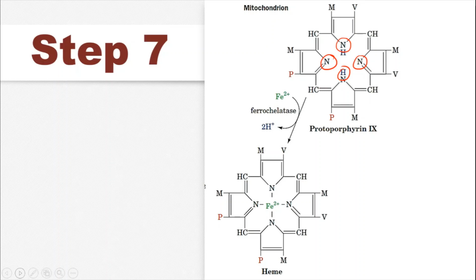But here again concentrate. The name of the enzyme is ferrochelatase. That means it chelates the iron with the protoporphyrin 9. Another name of this enzyme is heme synthase. So this was the last step. The journey begins in mitochondria. It then travels to the cytosol. Again the journey finishes in the mitochondria. So it's a bicompartmental process. So these are the steps. Hope all of you now are very familiar with the steps.